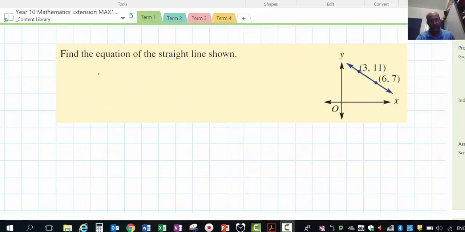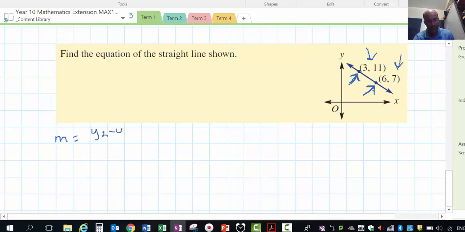Here we have another example. Find the equation of the straight line shown, and again we're given information and we're given 2 points. So here's a method. Again we could go gradient is y, now we could call that point 1. It doesn't matter how you name your points, just be consistent. So this could be point 1 at the top and point 2 at the bottom. So the gradient is rise over run. That's the rise and that's the run,